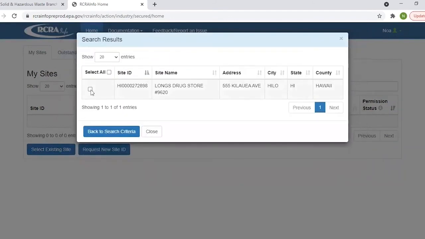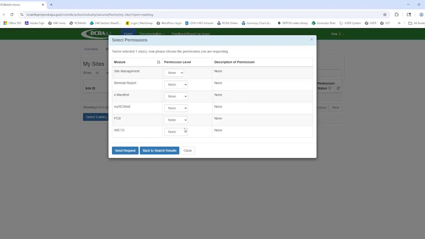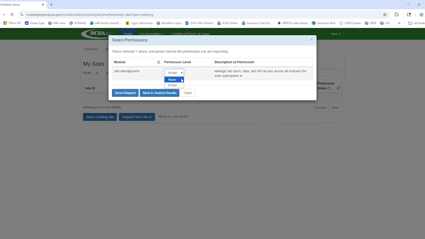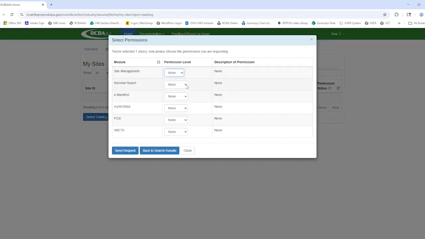And then you have to click on this checkbox, and the buttons change when you do that. So you can click Request Access. And then you're going to choose the permission level that you want to request. If it makes sense, you can just choose Site Management Active, and that's going to give you all the permissions for everything. So I'm going to request Biennial Report Certifier permissions so that I can certify and submit the biennial